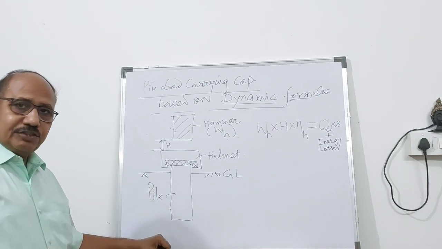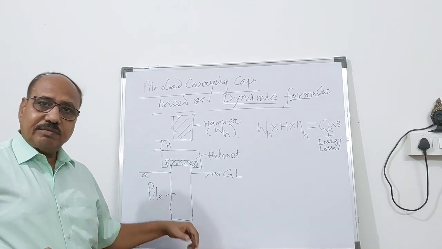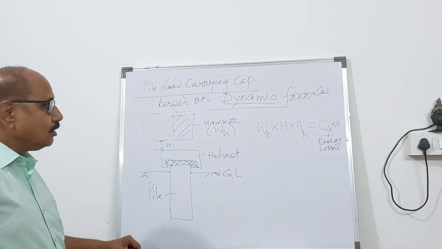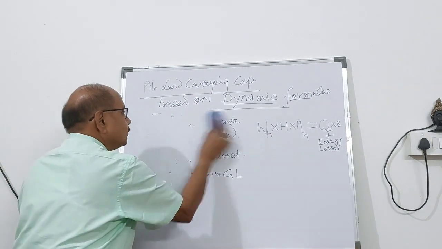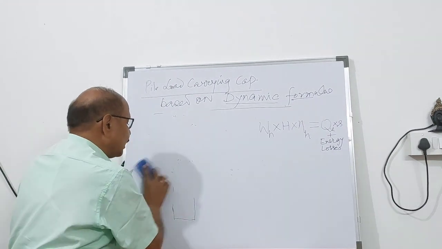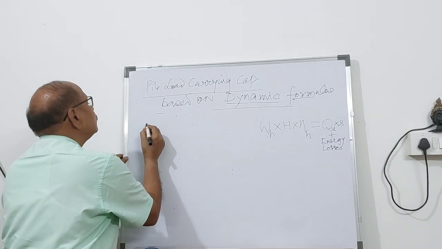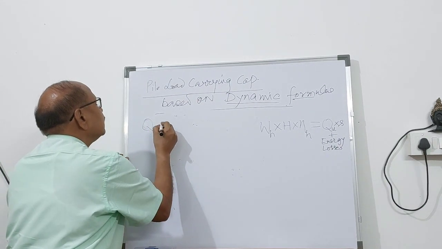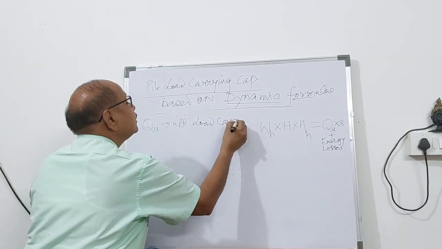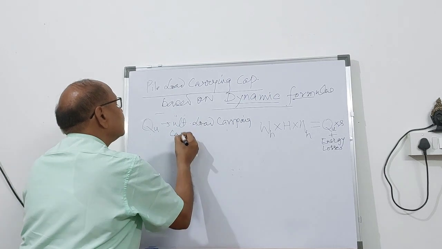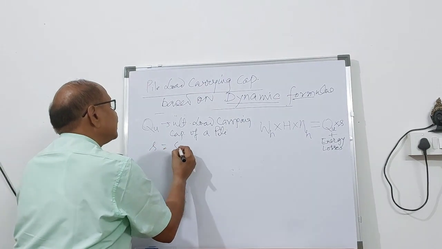Way back in the 19th century, 1886, Mr. Wellington gave one equation which is very famous, known as the engineering news formula. So based on this, the ultimate load carrying capacity of the pile can be found out. So you can see QU is the ultimate load carrying capacity of a pile, small s equal to set per blow,